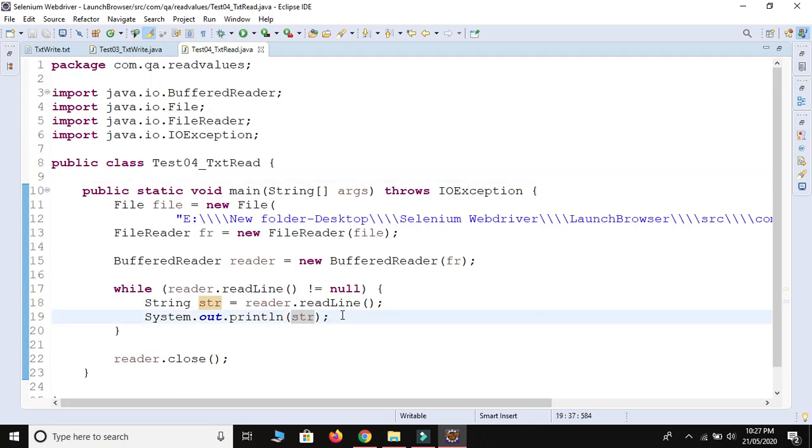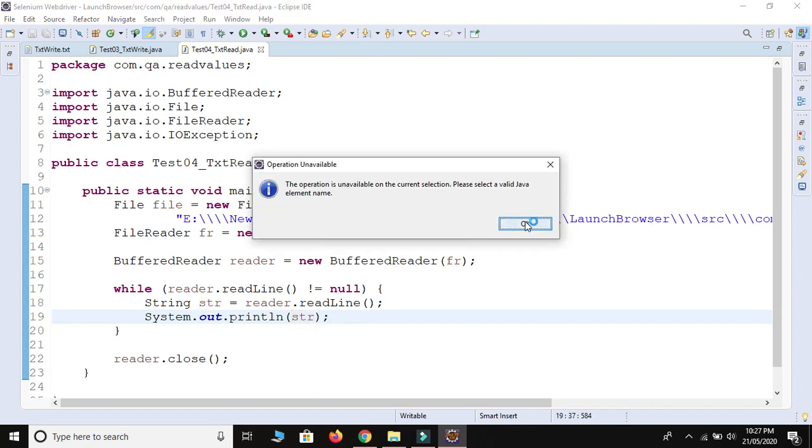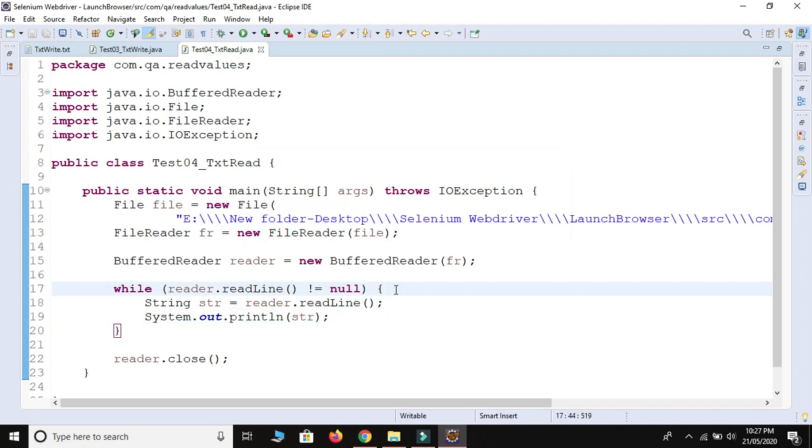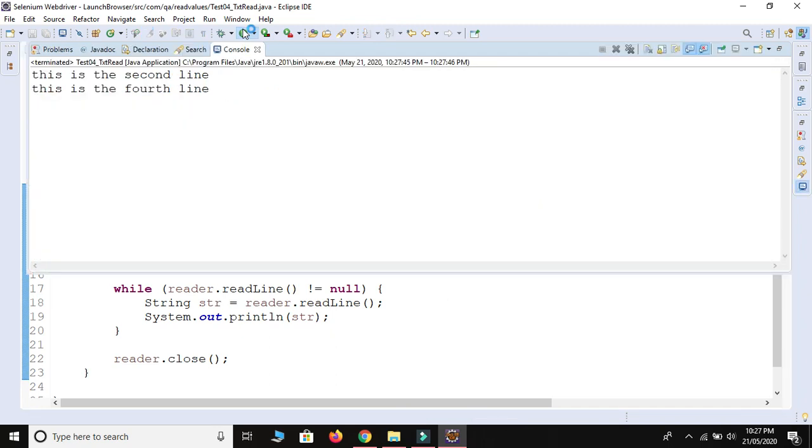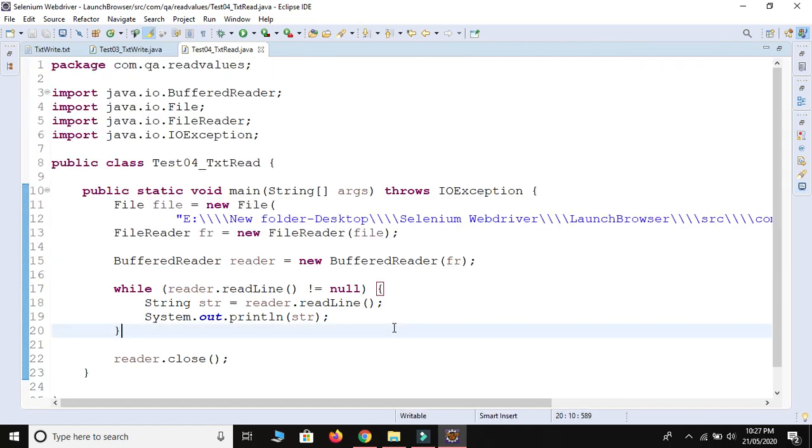Okay, so just press Ctrl Shift F and I will show you. It will print each and every 4 lines. Let me run this one. Okay, this is the second line, this is the fourth line. We got only 2 lines of data. Let me close this one and let me check.